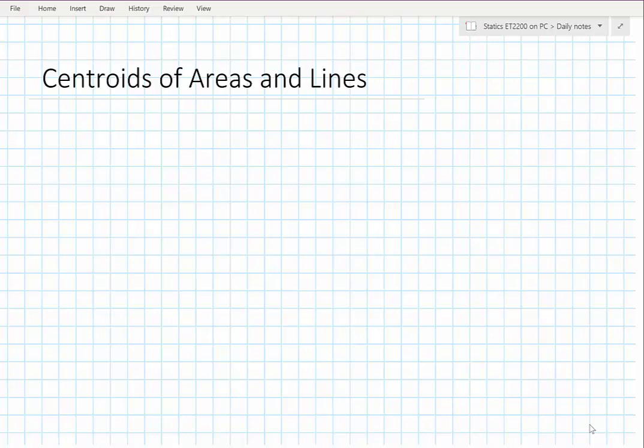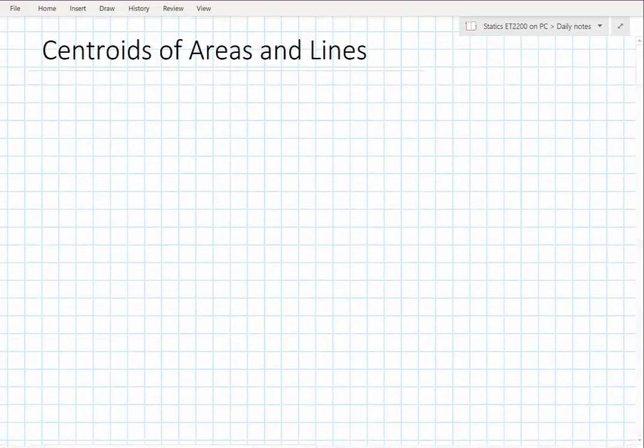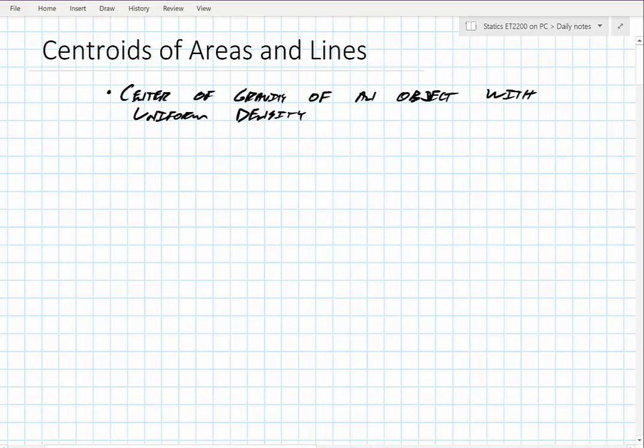Let's start by defining what we mean by a centroid. It's a common phrase, you may be familiar with it. What we mean by centroid is the center of gravity for an object with uniform density. Now the key to this is that it is a uniform density. Because it's uniform density, it will be based on the geometry of the shape. I suppose you could say those are like assumptions that we're using here, that the density has to be